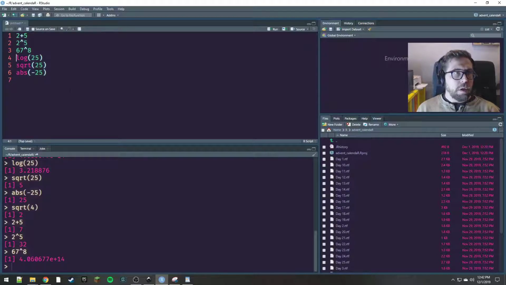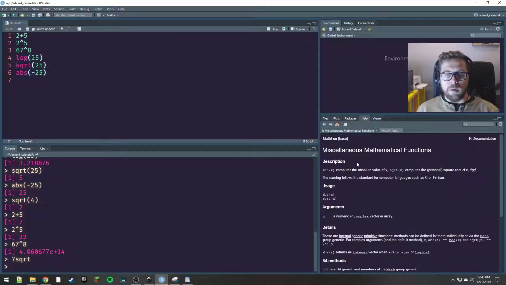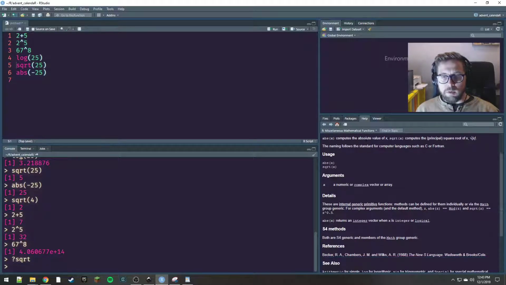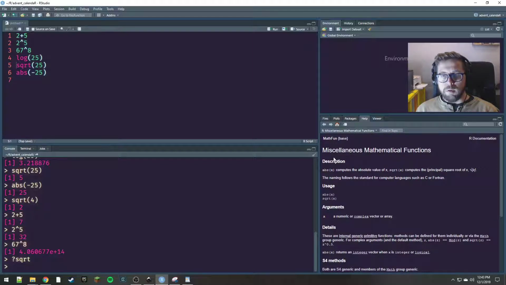going to work on. So if we weren't sure, for example, exactly what this sqrt function did, you could put in a question mark sqrt in your console and you hit enter, and you will see in the lower right some help comes up. Now this particular help is shared between a few functions, so you can see that it includes the help for the absolute value function, which we also have here, the square root function,